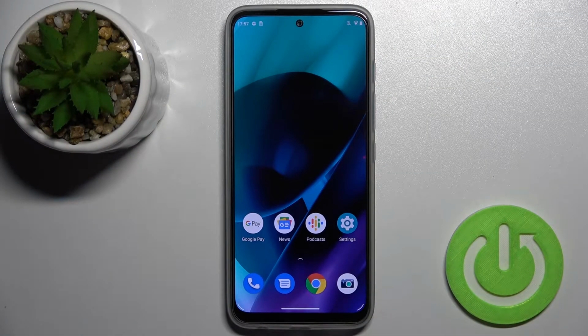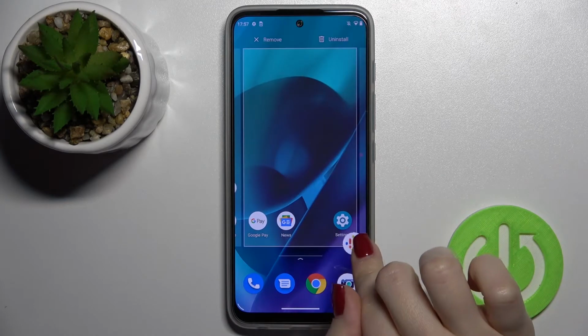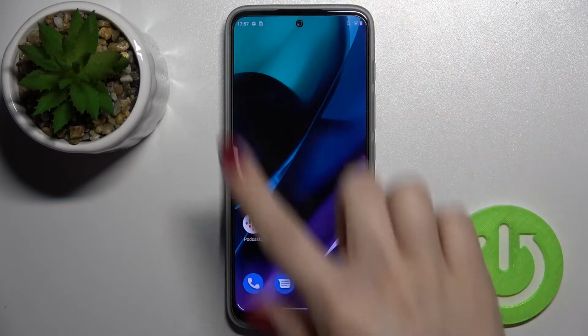Welcome, today in front of me Motorola G71 5G, and I'll show you how to add or remove home screen widgets on this device. So first you should select the screen where you want to add the widget. I'll go with the new one to show you how you can do that to have a little bit more